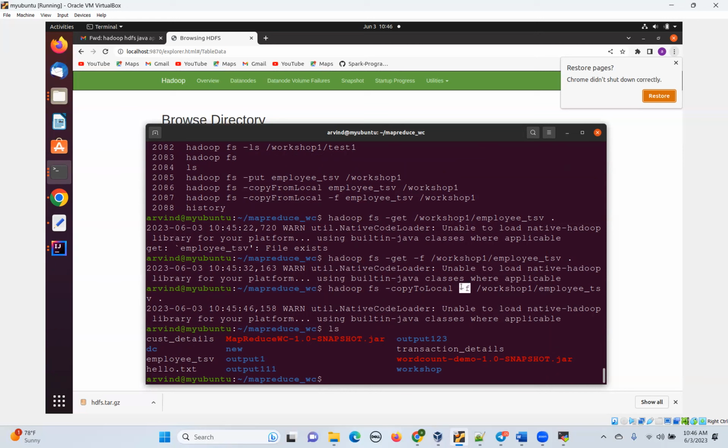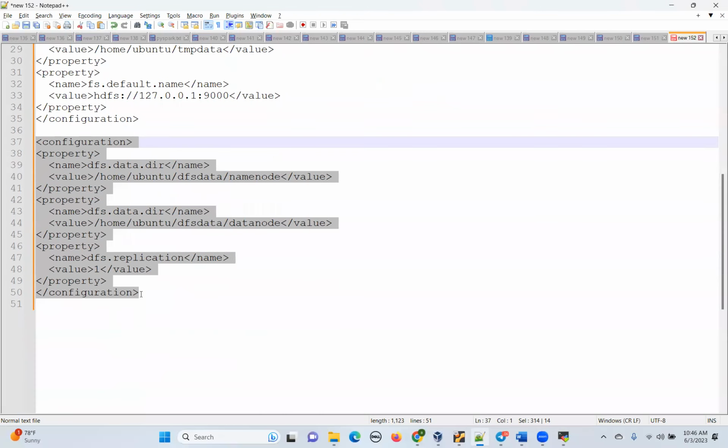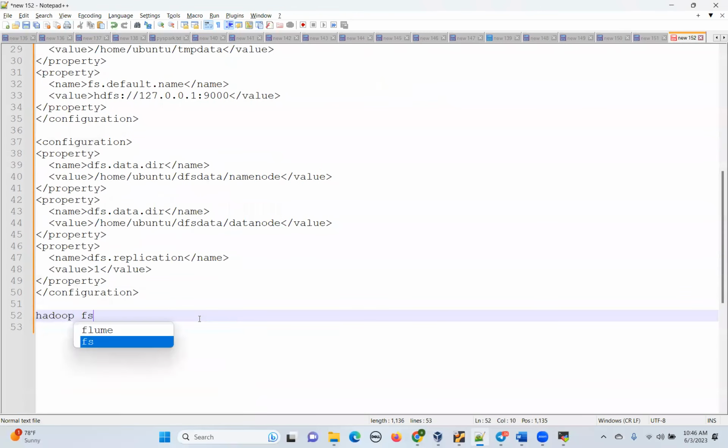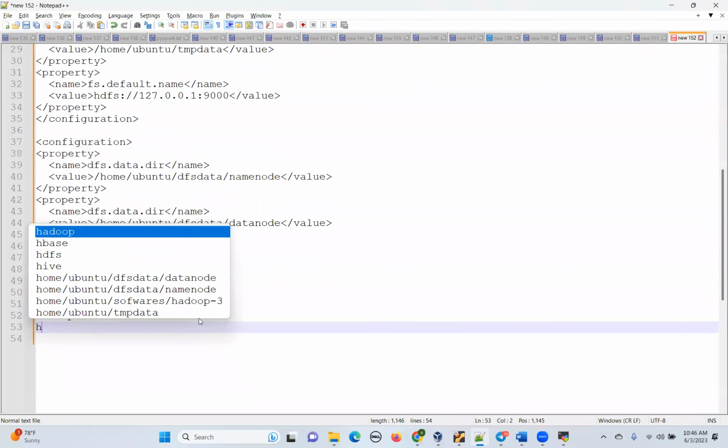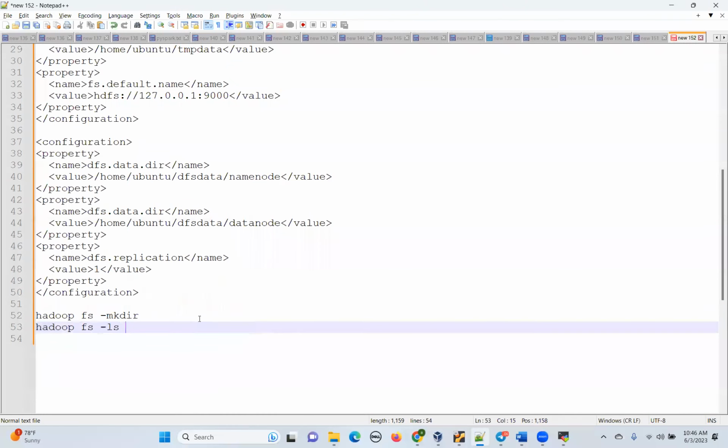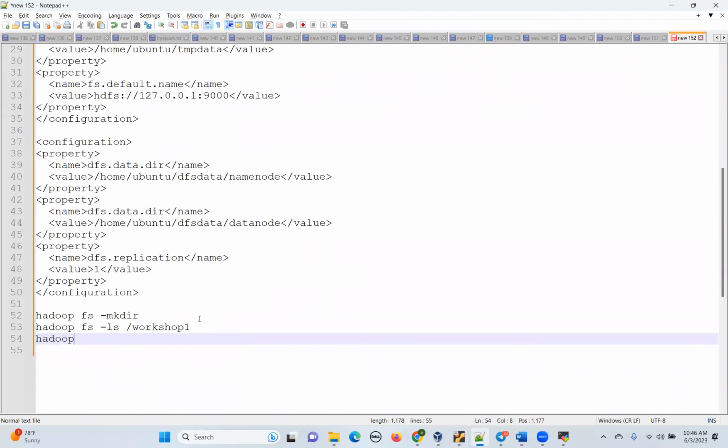So I have used this -f. Okay. So -f you have to use carefully, right? Generally it will override your local or Hadoop file, right? Okay. So whenever you want to use it, just use it carefully. So these are the commands, right? First we have seen mkdir. So hadoop fs -mkdir. Second one is hadoop fs -ls / then you can give any directory, workshop1. Then hadoop fs -put command or -copyFromLocal,